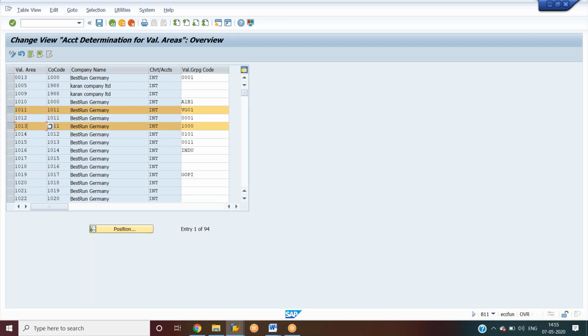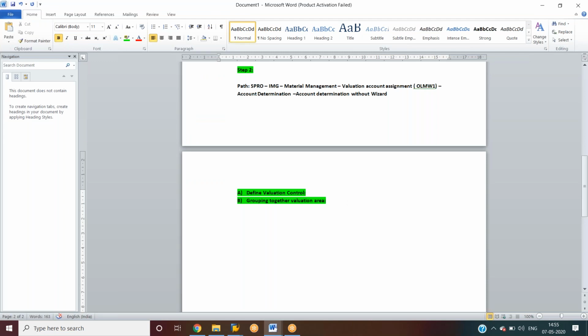As of now I'm grouping the valuation areas, and I group the valuation areas which have the same attributes.